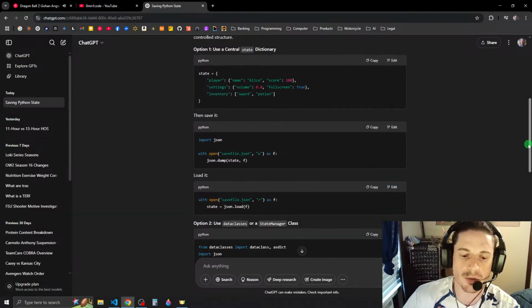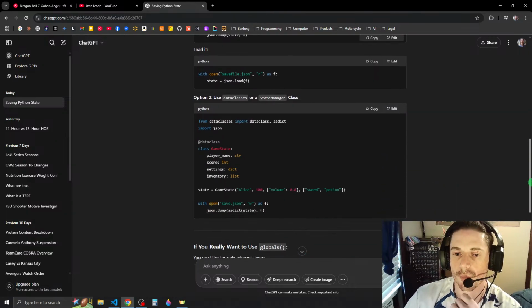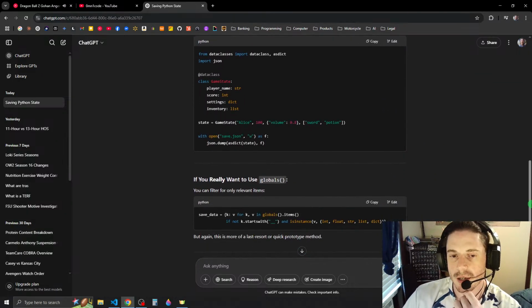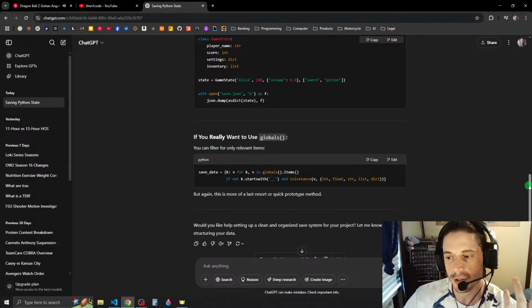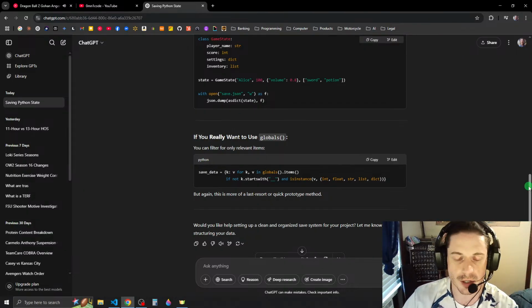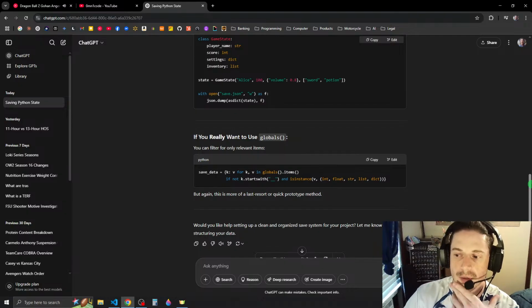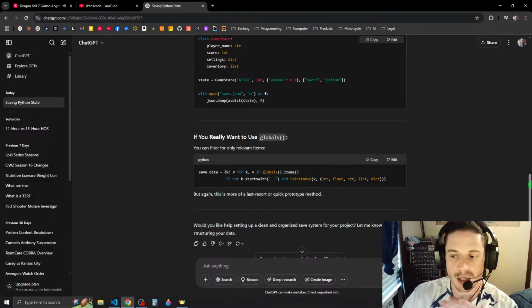Yeah, so it's ruling against that, and honestly, it's nice to think that I can just use one or two methods, globals and locals, and basically save all my data, and it's always going to be this predictable set of data, and it's going to be static. It's not going to change and be dynamically generated.